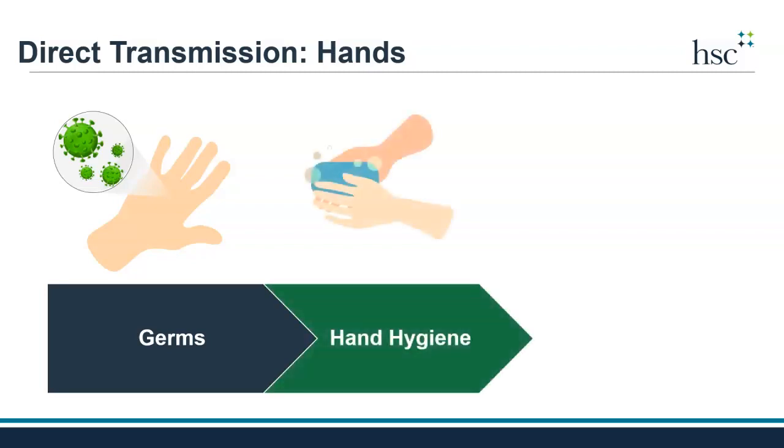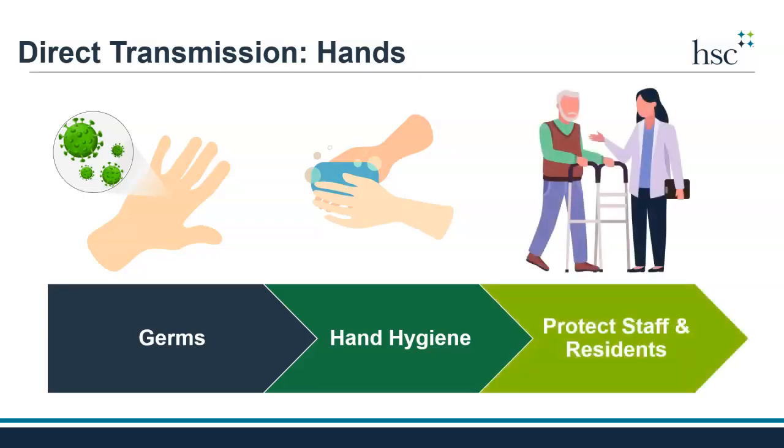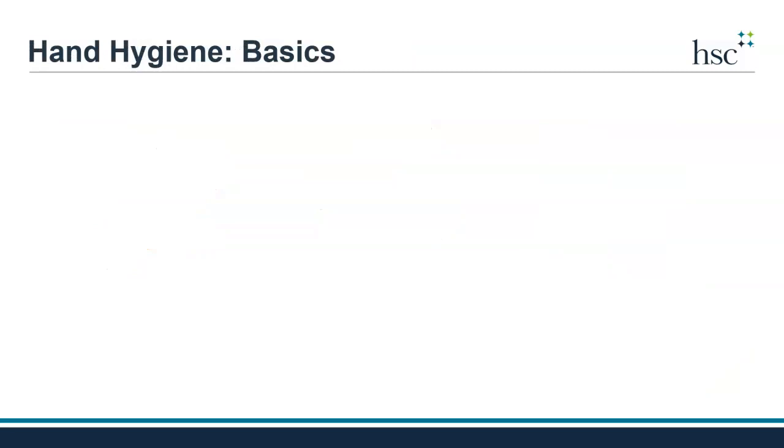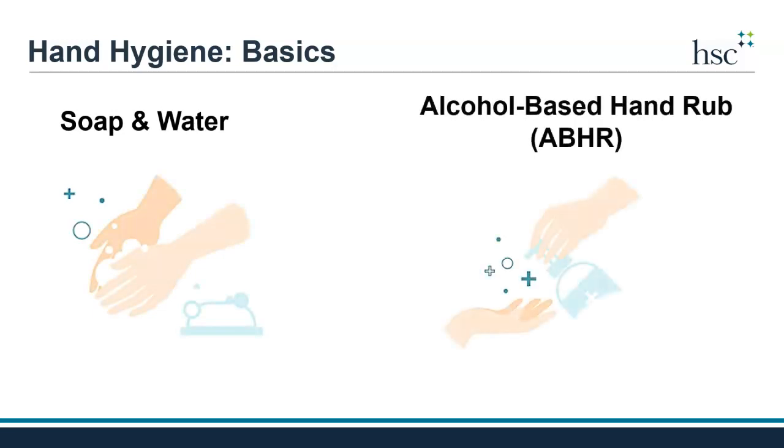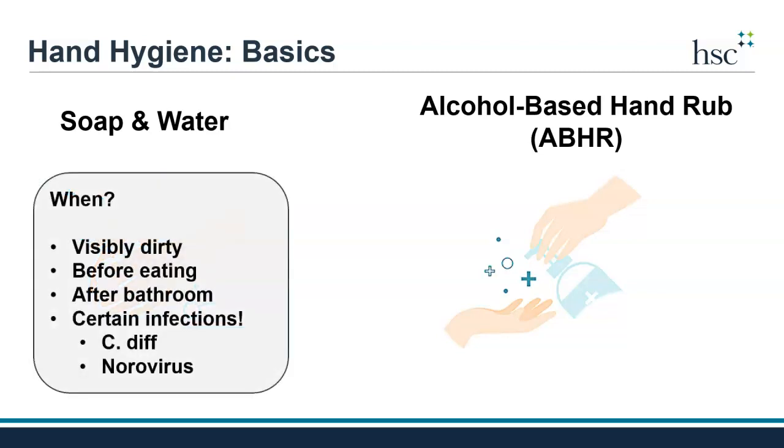In fact, hand hygiene is the most important thing we can do to protect the residents and staff in a nursing home community. There are two main ways to perform hand hygiene: by washing our hands with soap and water, or by using alcohol-based hand rub. There are certain times when it's best to use soap and water over alcohol-based hand rub, and that includes when our hands are visibly dirty, before eating,